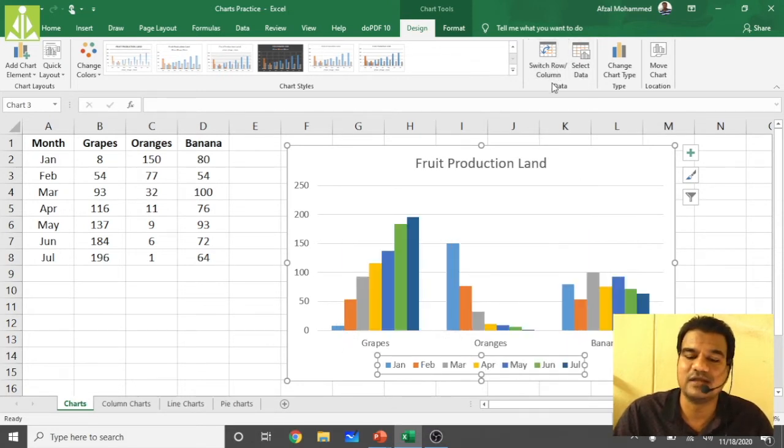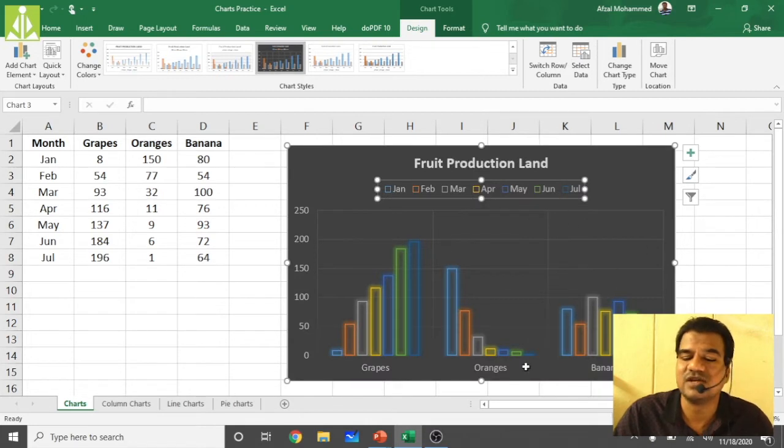And if you do it like this, it shows how the overall grape production was. You can not only do this, you can change the style of every chart. Simply select this one. See how nicely it is showing. Likewise you can do.